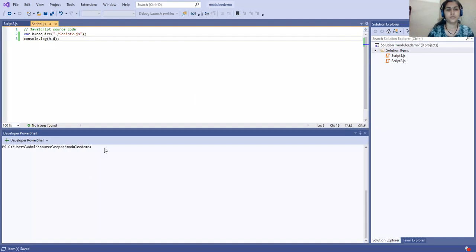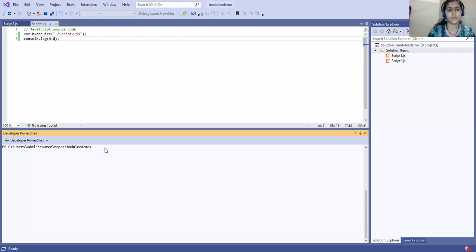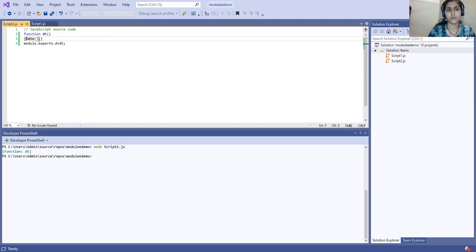Now see here, whenever I run this code, it will show me the output as function dt. I have created one function over here, and in that I use the date function, and in this method I'm using this as a variable d.